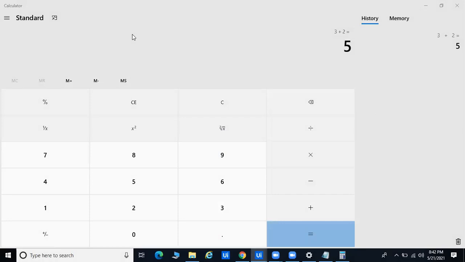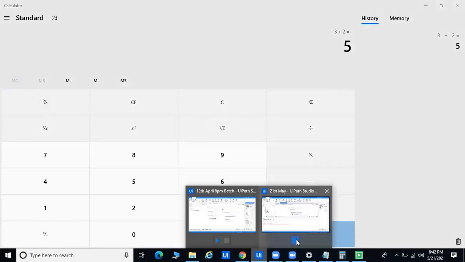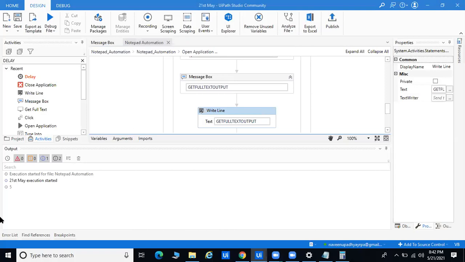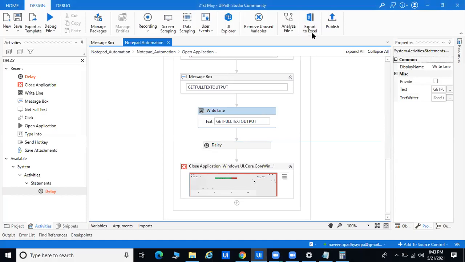Okay. So this way, we are able to automate any type of desktop application. It will try to launch a fresh calculator, and you can see here we are getting 3 plus 2 equal to 5, and we are able to display the 5 as a number, and it will close the calculator also. So by default, whatever we have launched, each and everything is already going to close. Okay. So this is the way, like that multiple things you can resolve. Let me come to this part. Right now you can see 20% executed, started, and we are getting the 5. So that is the output panel where we get the data.